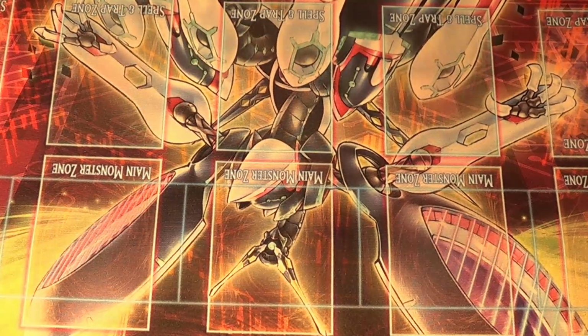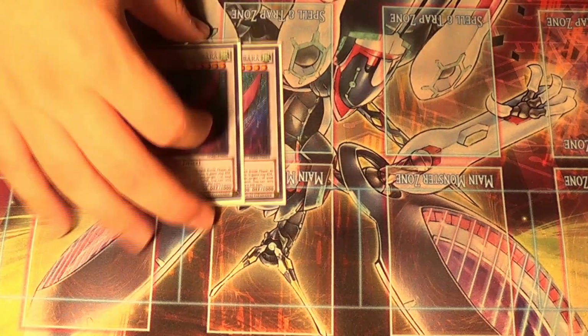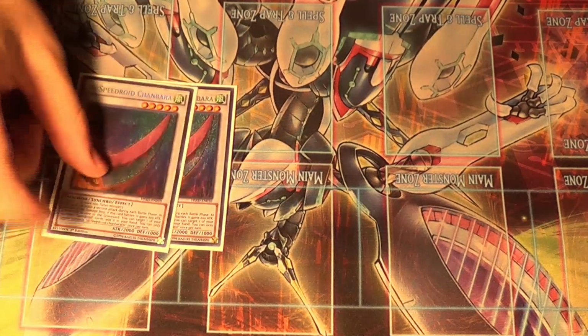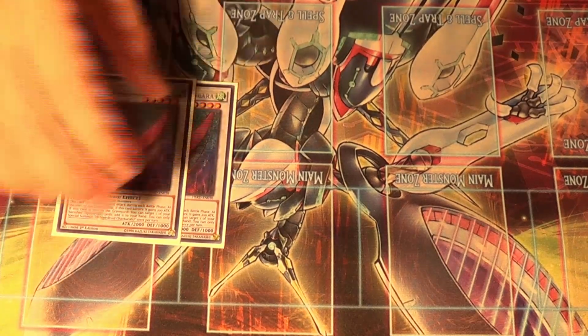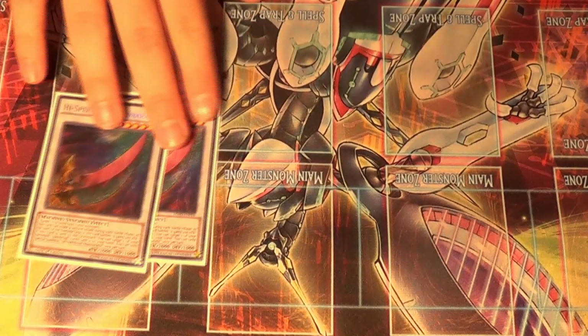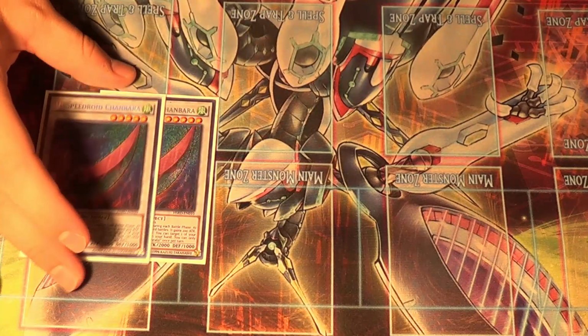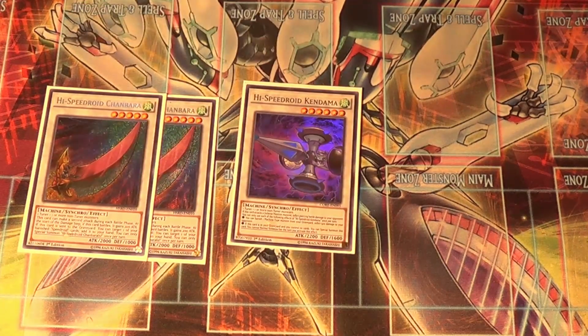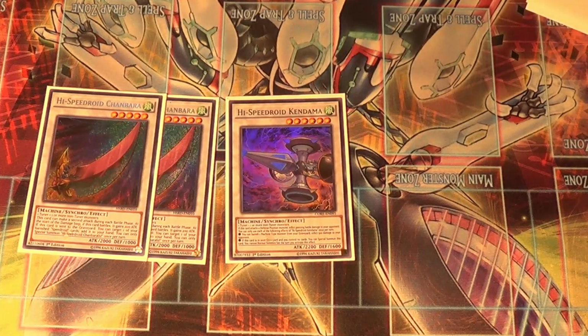But let's talk about the extra deck because the extra deck really does determine if a synchro deck is good or not. So I'm playing 2 Chambara. Chambara I think is really good, just being able to attack and also gain attack and whatnot. He was better with limiter removal, but he's still a really good card right now, so I'm not going to complain. Then we have 1 Kendama, once again just another very good card, more of a stepping stone anymore,